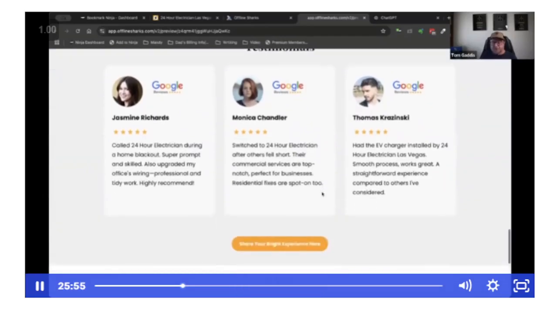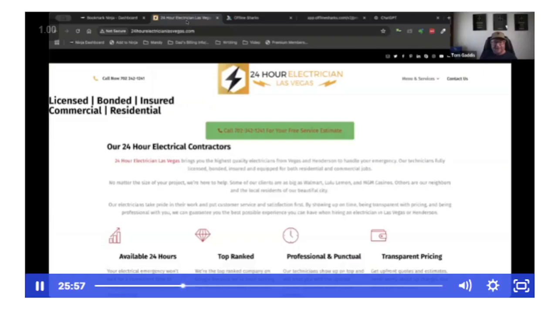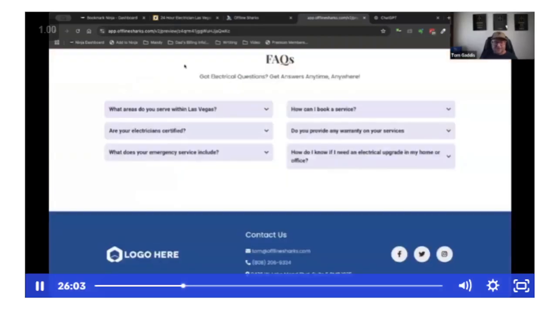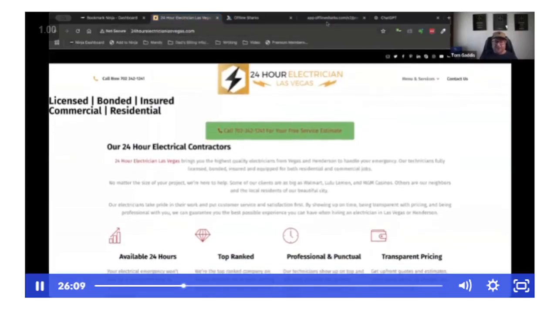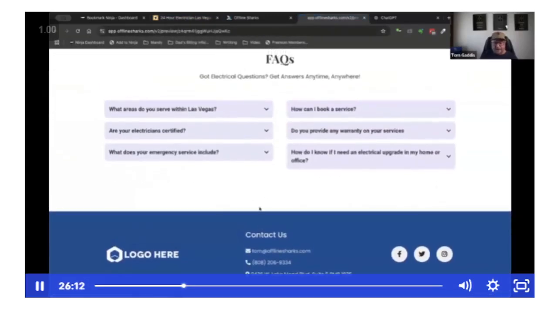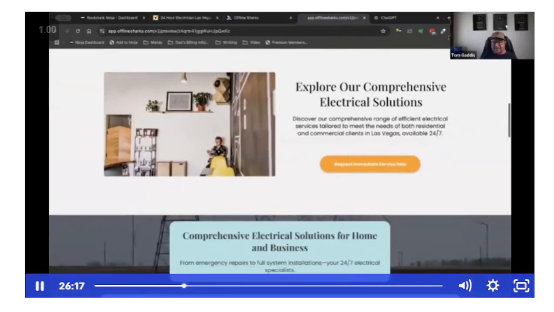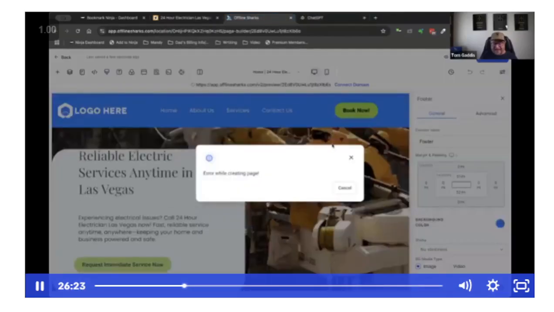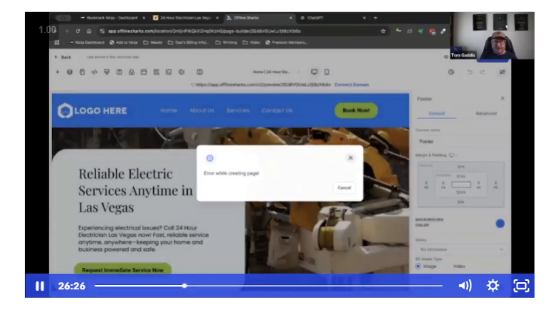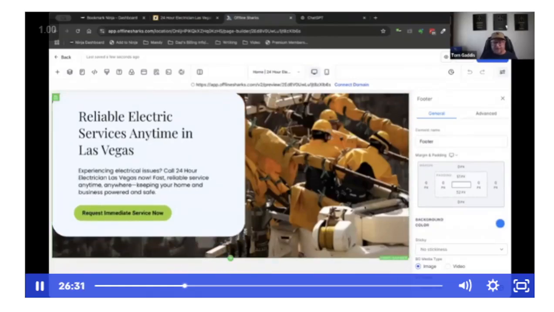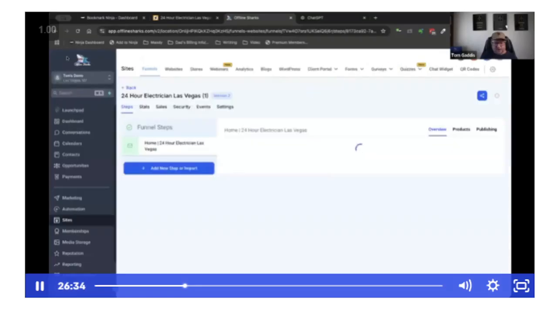Like, imagine showing this to this company. And it even has a pop up. You see that pop up there? I mean, imagine we now reach out to this company and we're like, hey, I came across your site. You've got a pretty good operation, but this doesn't look good. What if I just gave you this site and updated this information, put your logo here? We could even put in a few pictures. It's super easy to change pictures on these things if you want. So, again, this is done inside of the high level area here, right? So this is the website editor, super easy to change anything we want, pictures, anything like that.